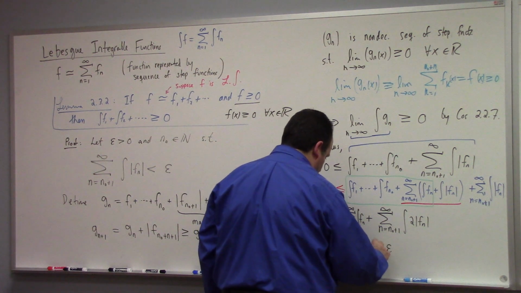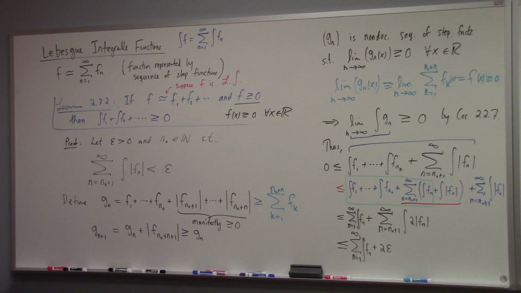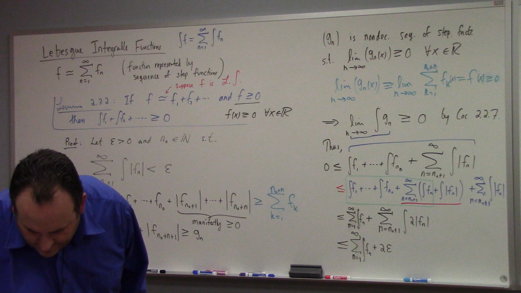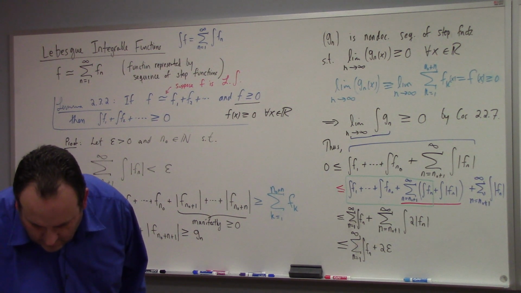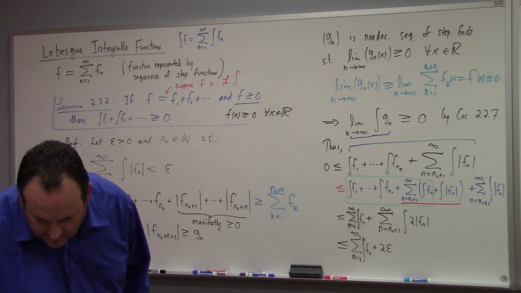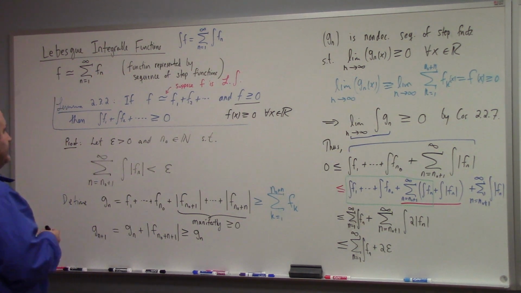All right. What was this? What we're trying to prove? That the sum of the integrals is greater than 0. It's just since epsilon, like Audrey was just saying, since epsilon is arbitrary, then we add it. Because that whole string 0 is less than or equal to the sum plus 2 epsilon, but epsilon is arbitrary, so we can bring that whole term in. Yes, I got it. Yeah, okay.